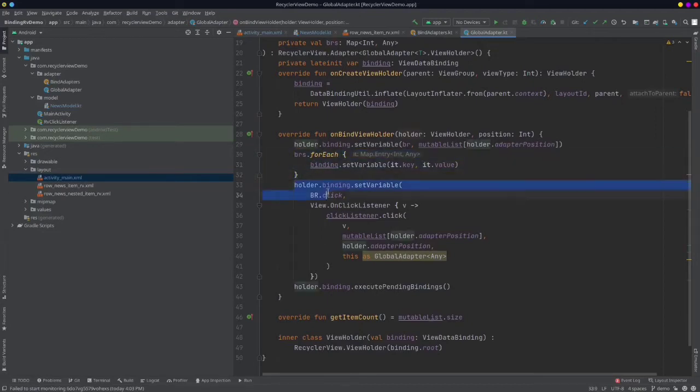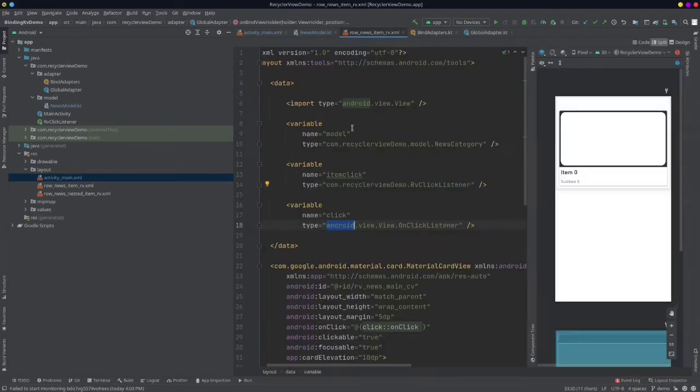And now this is the code for our click listener. So holder.binding.setVariable, then br.click, as we have talked before. I am carrying forward the reference to our click listener, which is the click listener we have defined here.